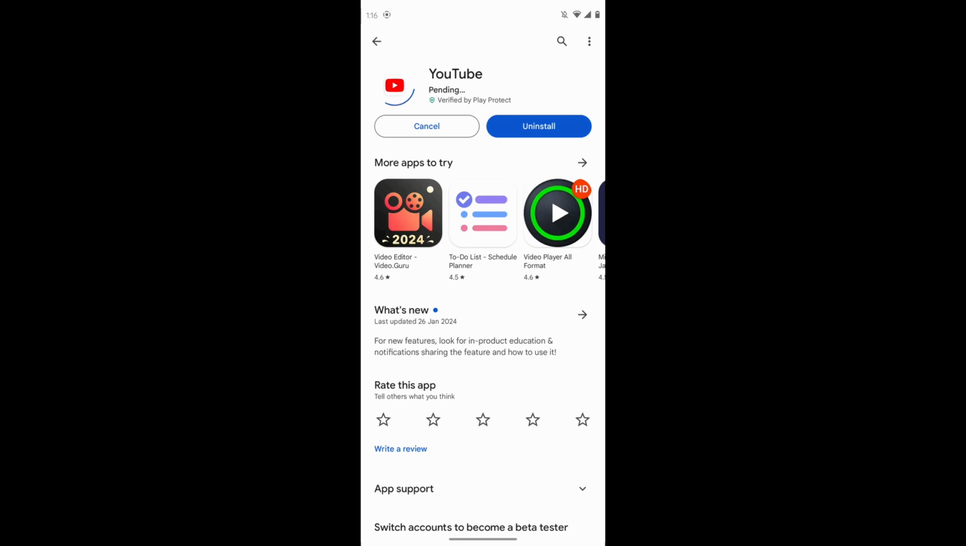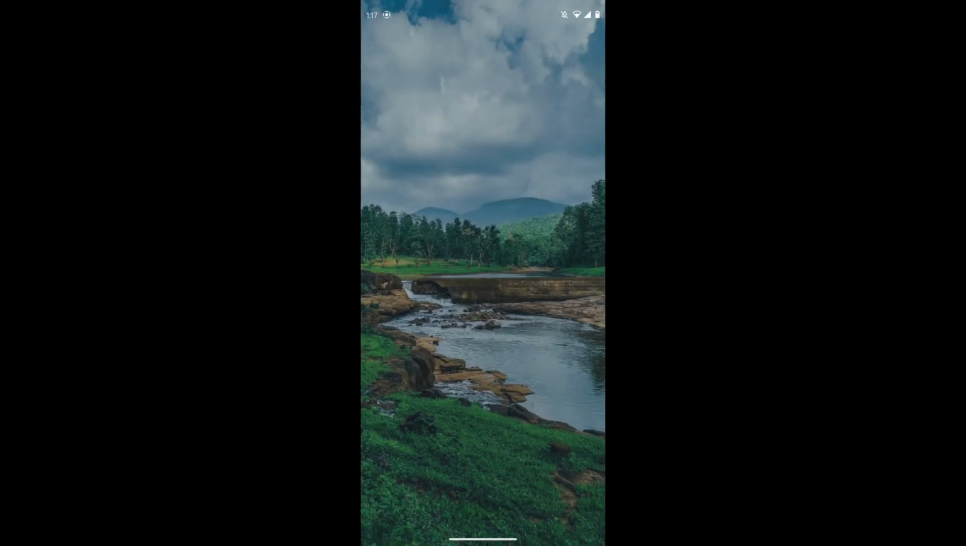So by updating your YouTube, you will access some new features and you will fix any problems from your YouTube. So after updating your YouTube, you just have to tap on open and check if your YouTube is working. But if this doesn't work, what you have to do is come back to your home screen and